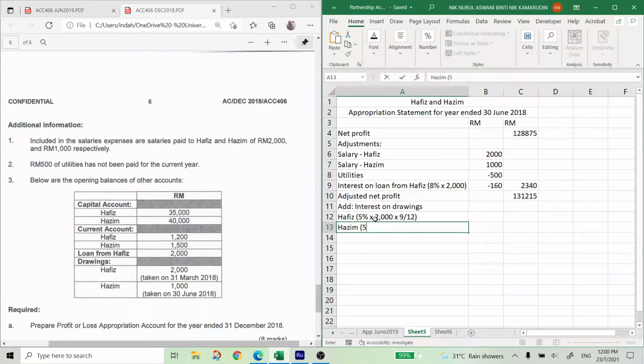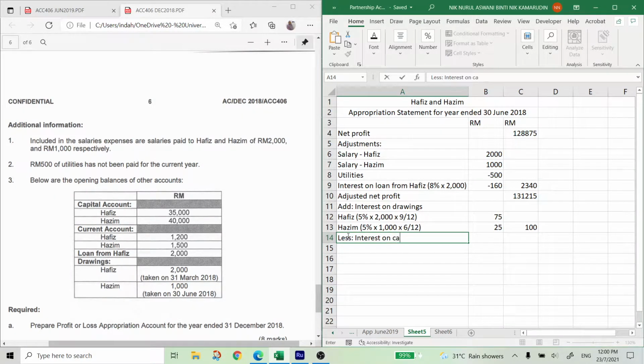Hazim, 5% on 1,000 for June. So end of June, we start from July, August, September, October, November, and December. So 6 months. Okay, so the total is